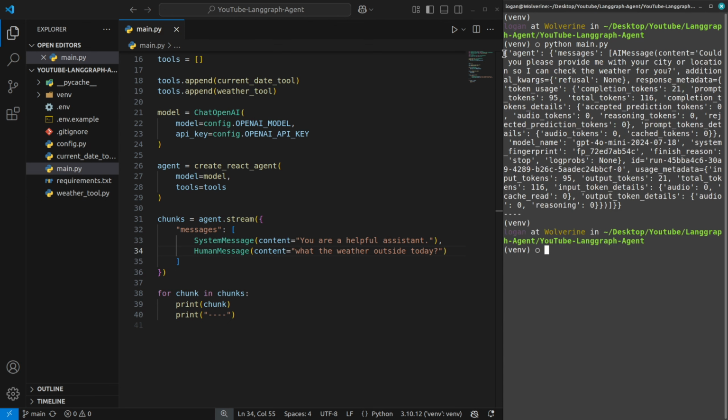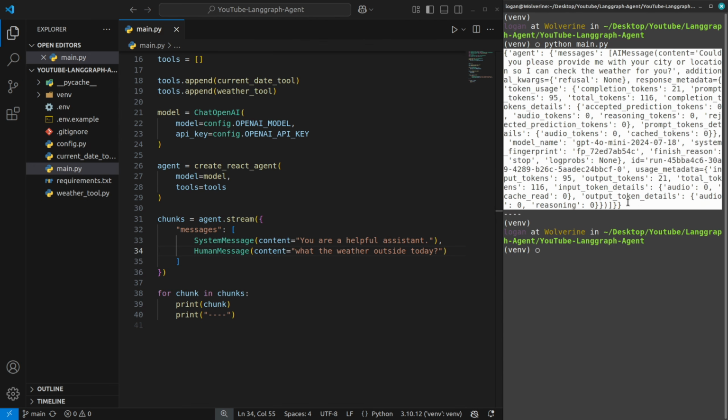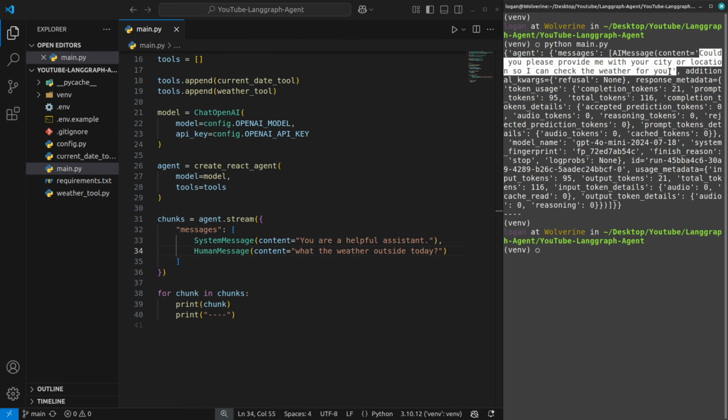So you can see we have this first message and it says, could you please provide me with your city or location so I can check the weather for you. Now you understand how intelligent this ReAct agent system is. It understands that, okay, you want to get the weather, but you haven't provided the city. So what I'll do is that